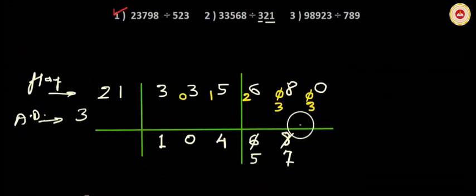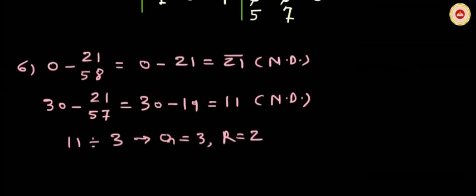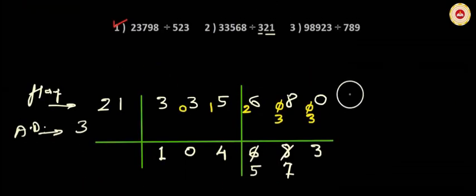Quotient 3 should be written below the gross dividend 30, and the remainder is 2. So again we increase the dividend by a 0, and write remainder 2 as a prefix to the next digit in the dividend, which is 0. Now read these two digits 2 and 0 as 20, and this is the gross dividend.